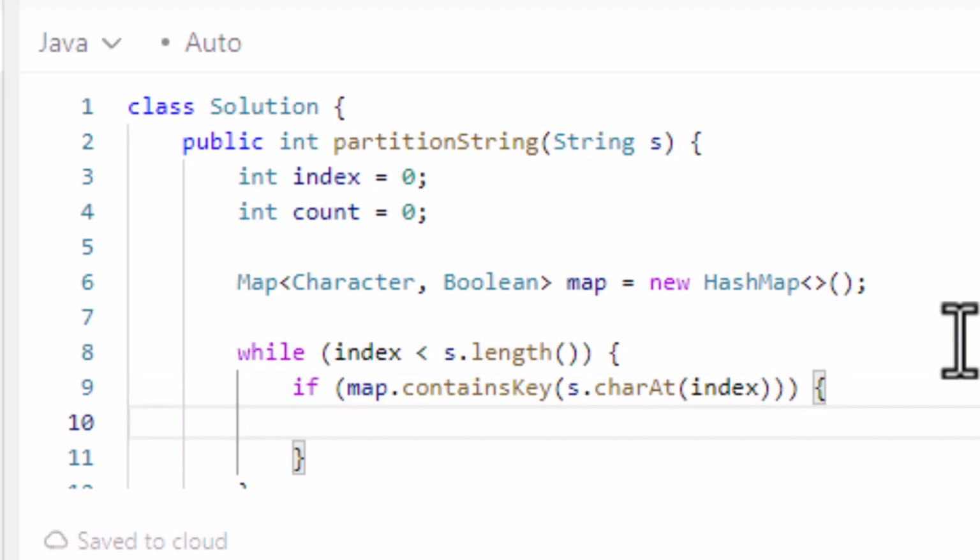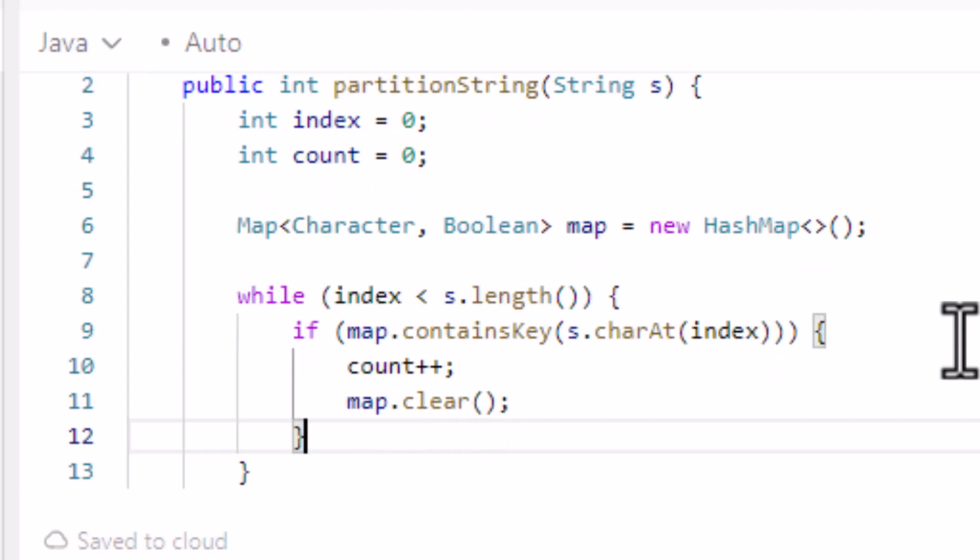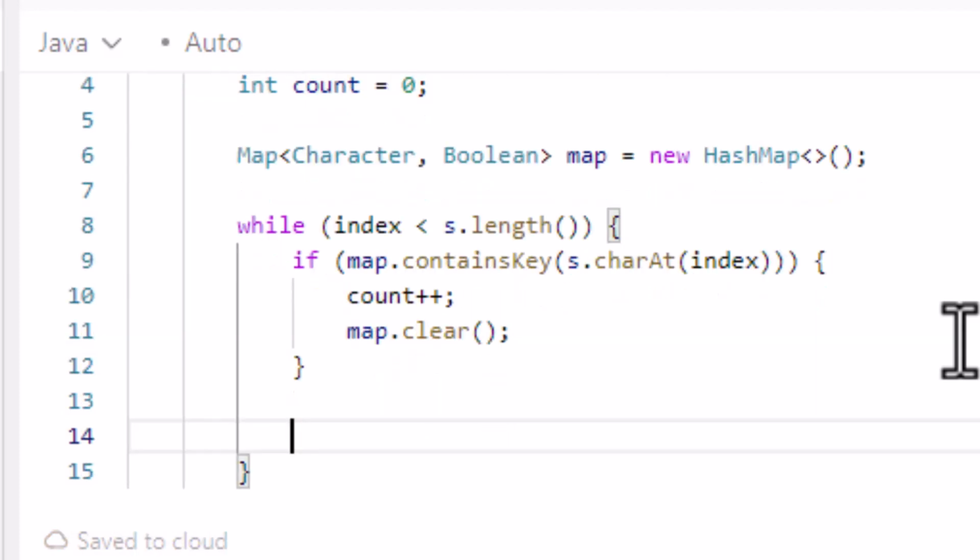So if it contains the key, we're just going to increment the count. Increment the count. And then we're going to do a map clear, which will clear it and start a new substring. Otherwise, guess what? We're going to map put